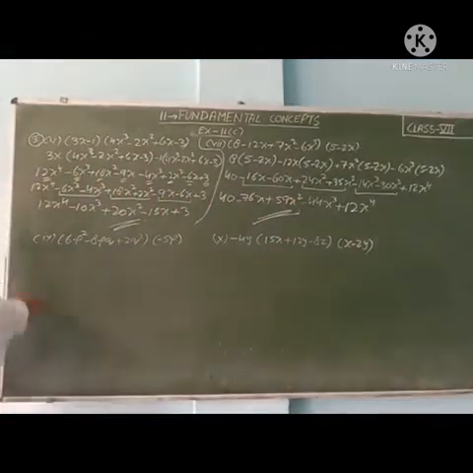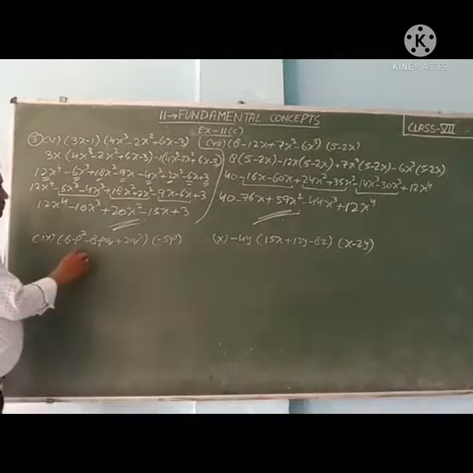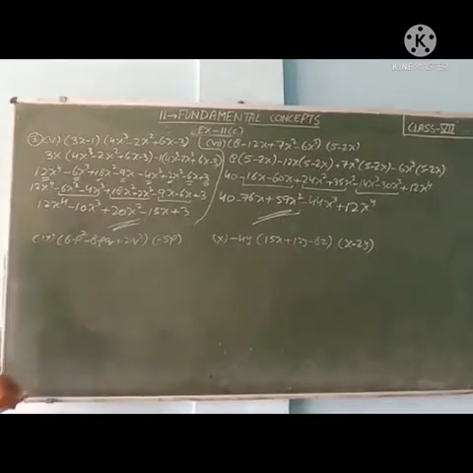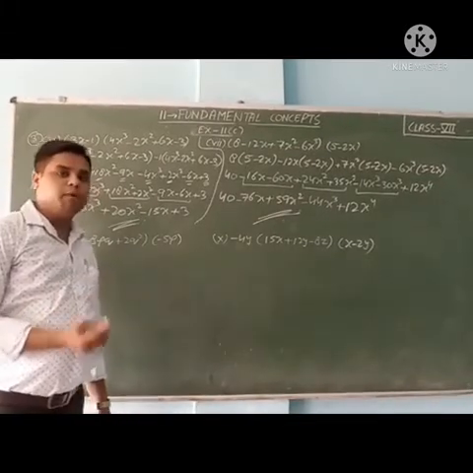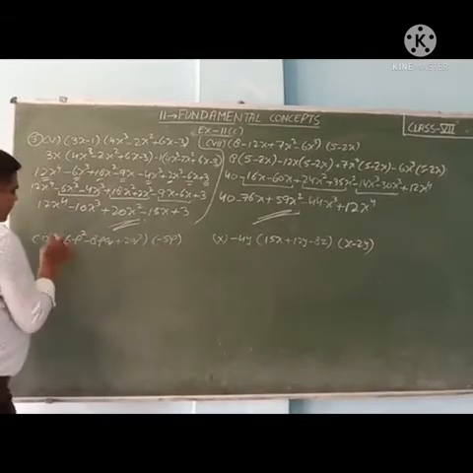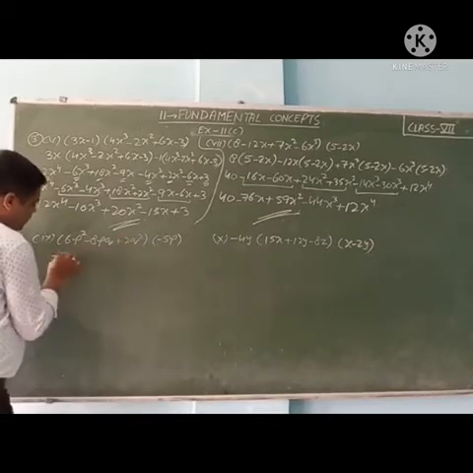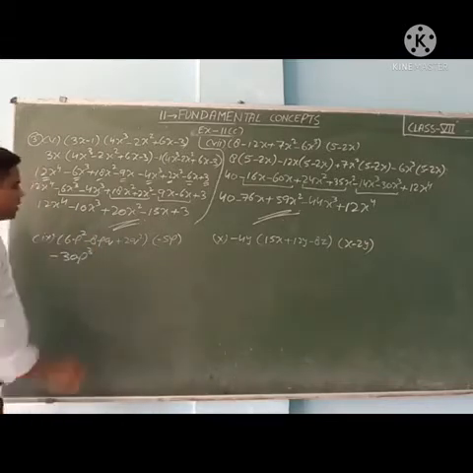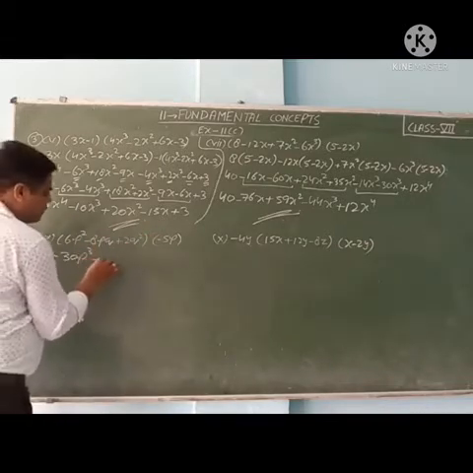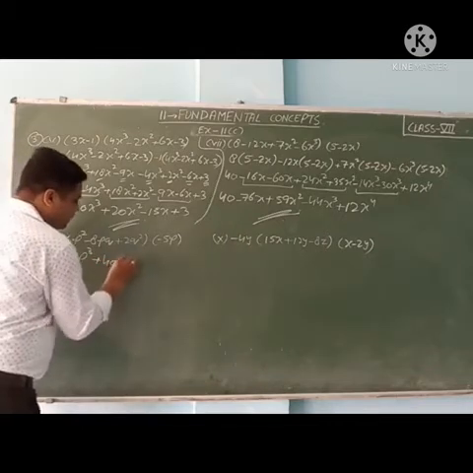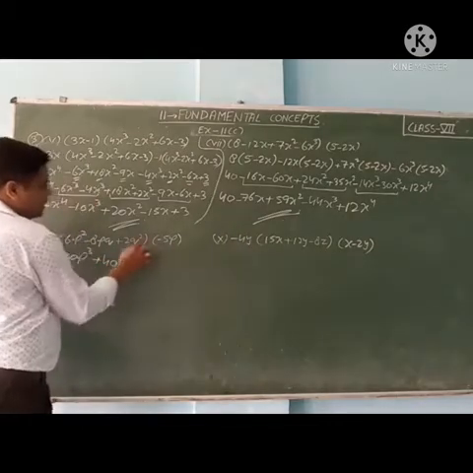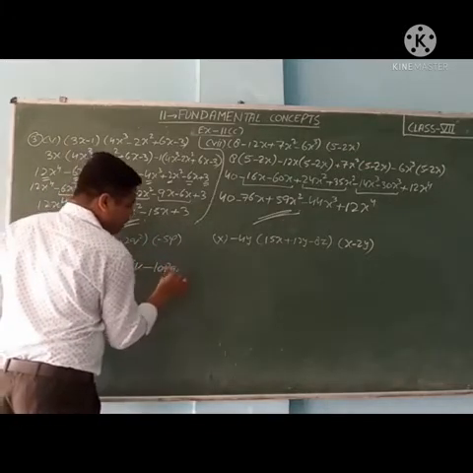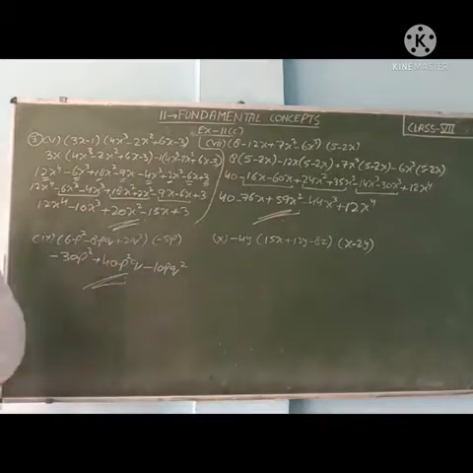Next, 9th part. 6p square minus 8p cube plus 2q square, then minus 5p. So we are doing the multiplication of multinomial to monomial. So easily we can do minus plus minus 5 6s are 30 p cube. P square here 1 p cube. Minus minus plus 5 8s are 40 p square cube. Minus plus minus 5 2s are 10 p cube square. So this is the answer.